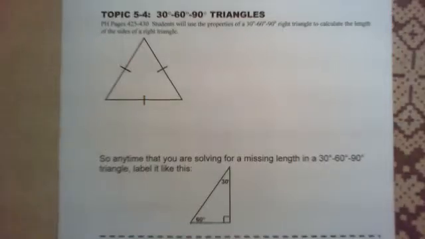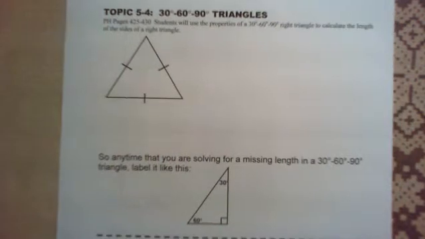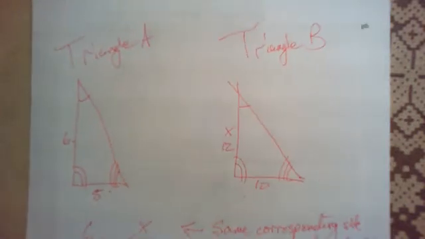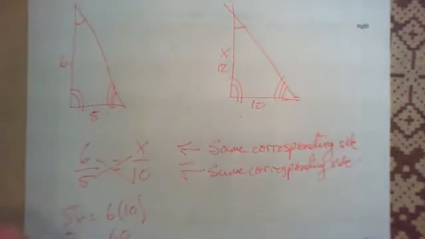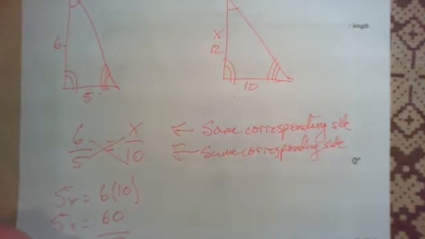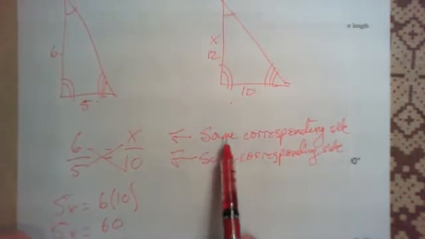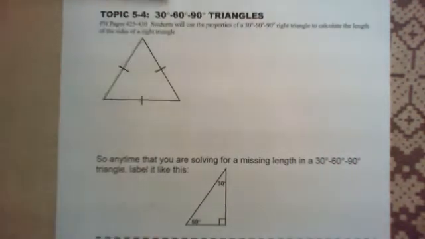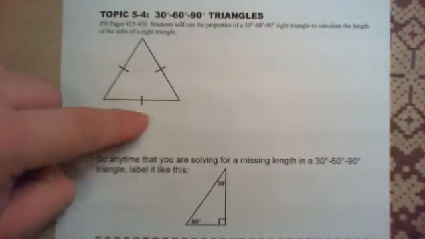Alright, now we're going to discuss the topic of 30, 60, 90 triangles. So we just discussed the beautiful 45, 45, 90 triangle. Simple, elegant, yet so beautiful, in fashion this spring. So keep in mind the notes that I showed you last time, I solved similar triangles for missing sides by doing ratios of corresponding side over the corresponding side. So let's continue on. Now notice, here I have an